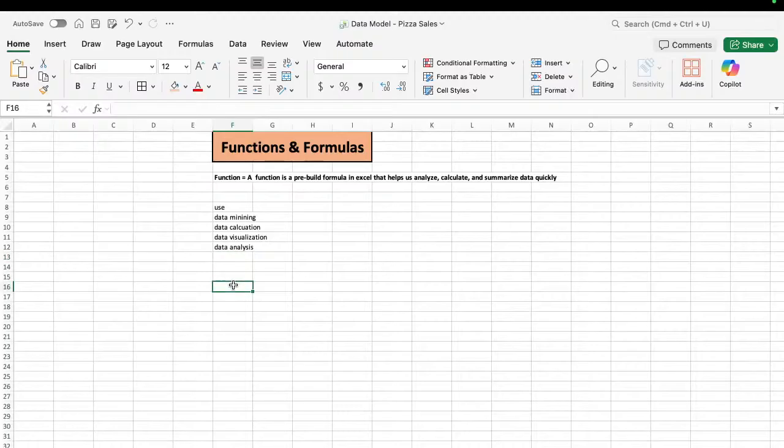If we talk about the types of function, there are mainly two types of the function. One is called